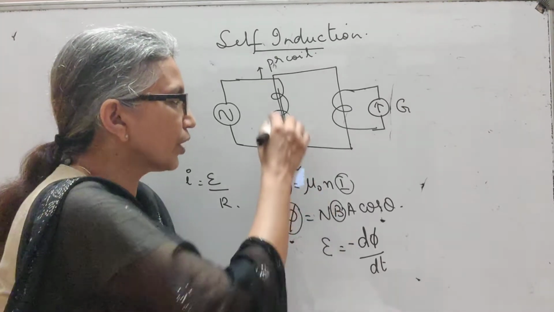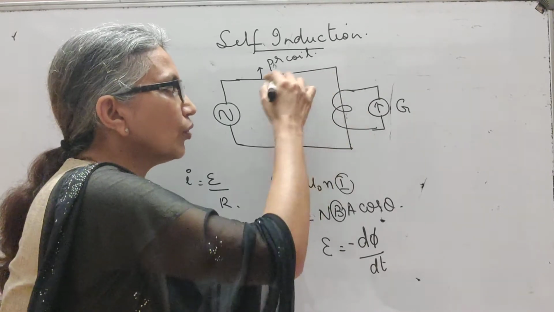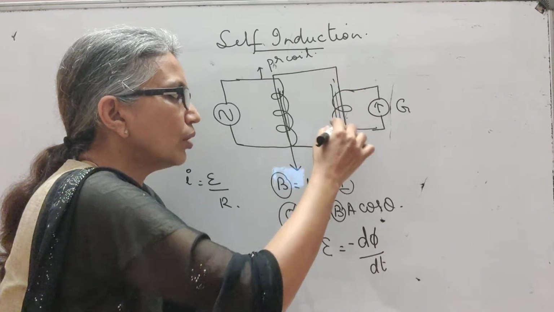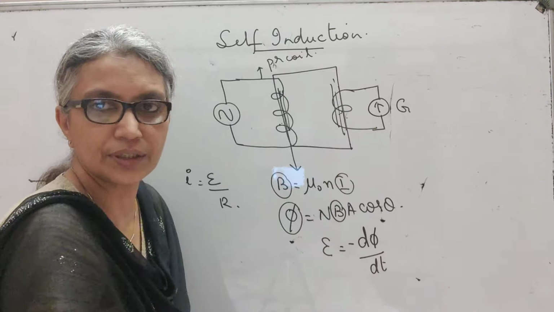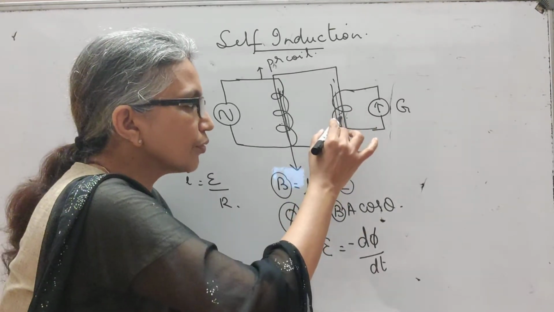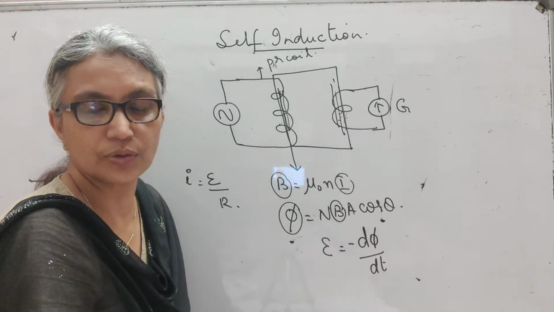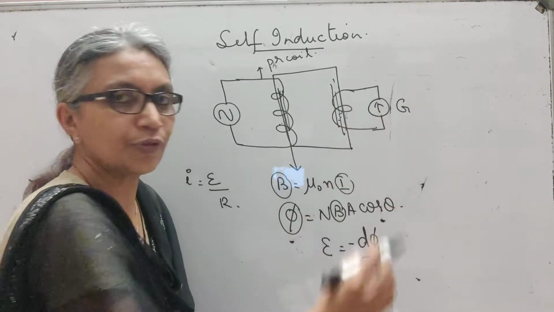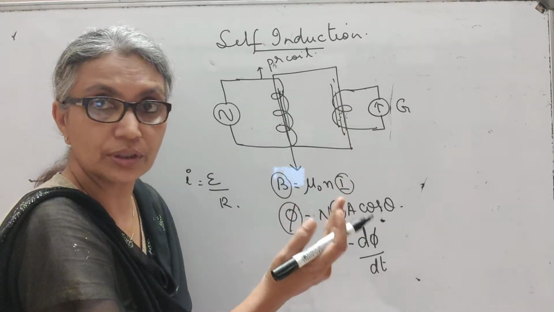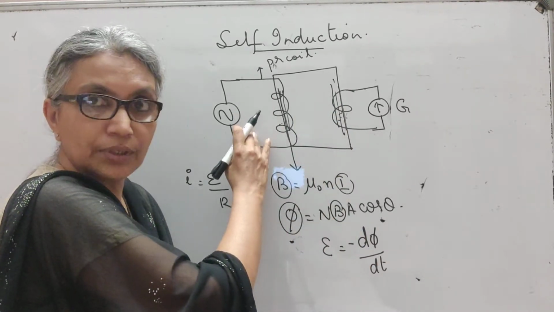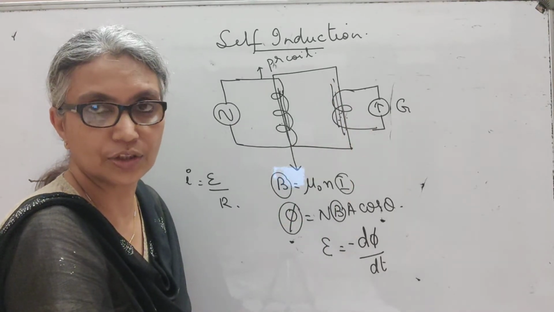Since the primary coil and the secondary coil are wound on the same core, whatever change in flux happens here, the same flux change will happen in the secondary coil, and because of the change in flux in the secondary coil, we have an induced current flowing through the secondary coil, giving a deflection in the galvanometer. This is what you call mutual induction. Because of a change in current in the primary, we have induced current in the secondary.